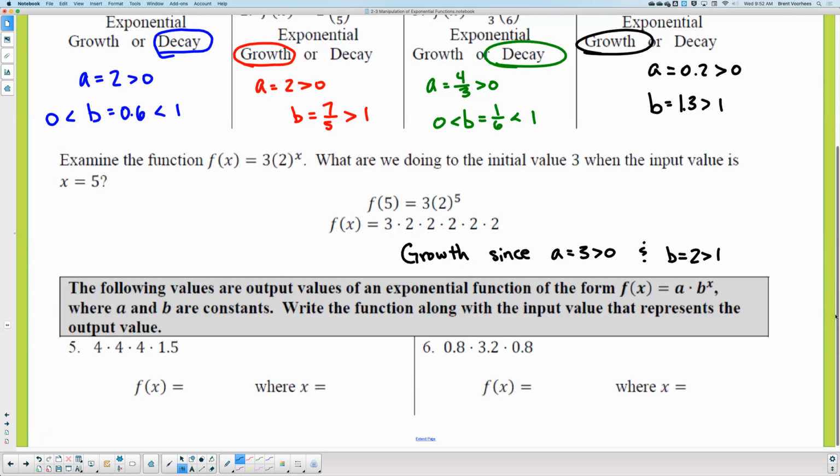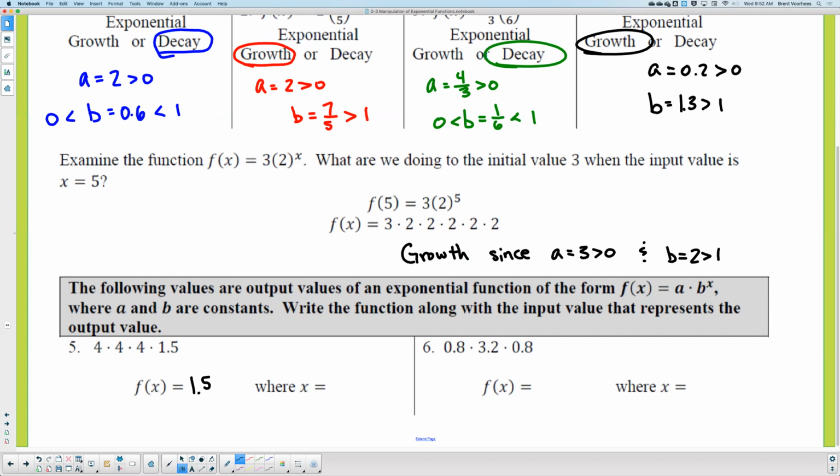Okay, so now the following values are output values of an exponential function. Write the function along with the input value that represents the output value. Okay, 4 times 4 times 4 times 1.5. Question for you. What do you think is the base? Base 4. Why would you say 4? Because 4 is the one that's repeating 3 times. Okay, so what would that make 1.5? They're making A the initial value. All right, so 1.5